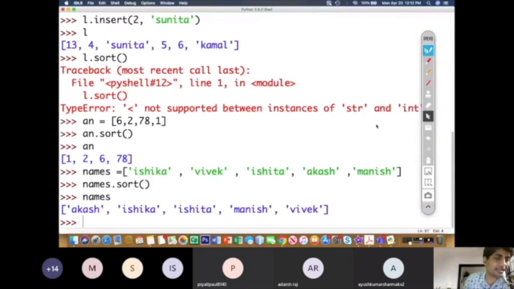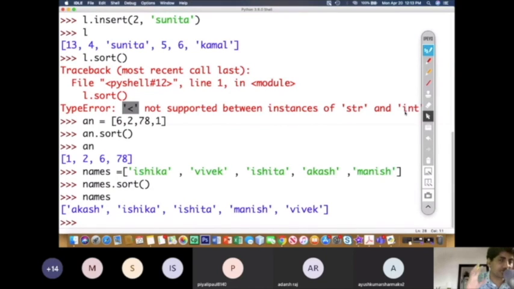But if there had been an integer in between, then it would not have been arranged. It would have given an error, like value error, sorry, type error. What type of error is given here? Type error. Now concentrate on the error, please. The error here is type error. The explanation of that error is: the less than symbol is not supported between instances of str and int, because they have heterogeneous values. Less than cannot be operated between an integer and a string, and that is why sorting cannot be done.